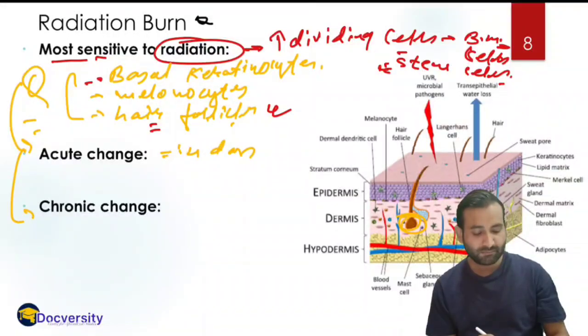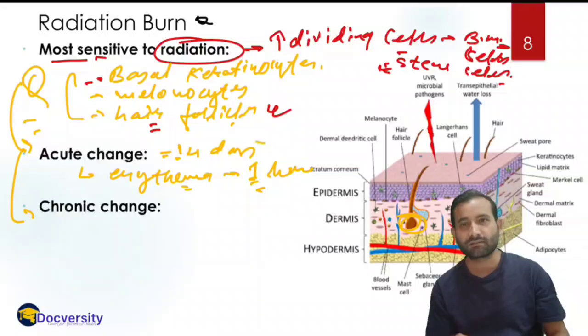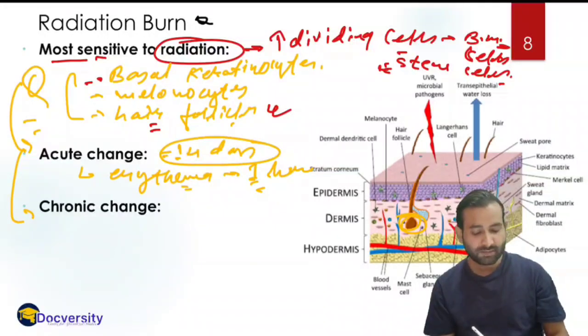The acute changes produce erythema, right? This erythema may flare up after the exposure. If we stop the radiation exposure, then after 1 hour it begins to heal, and by 14 days it will heal completely. The chronic changes it may produce are like